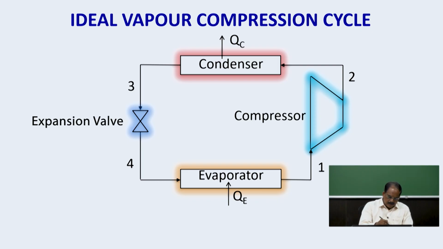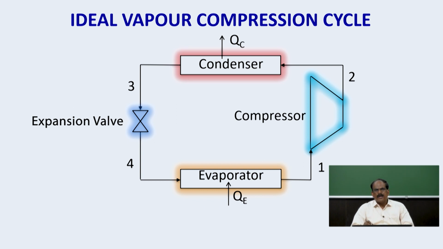So, when the pressure is reduced and the liquid refrigerant enters the evaporator, it requires latent heat for the evaporation. It is provided by the substance which has to be cooled. Again here also a temperature difference is required, otherwise this process will not take place. So, 3 to 4 is the throttling process which takes place in the expansion valve, and 4 to 1 is isothermal expansion. The low pressure liquid refrigerant which is at state 4